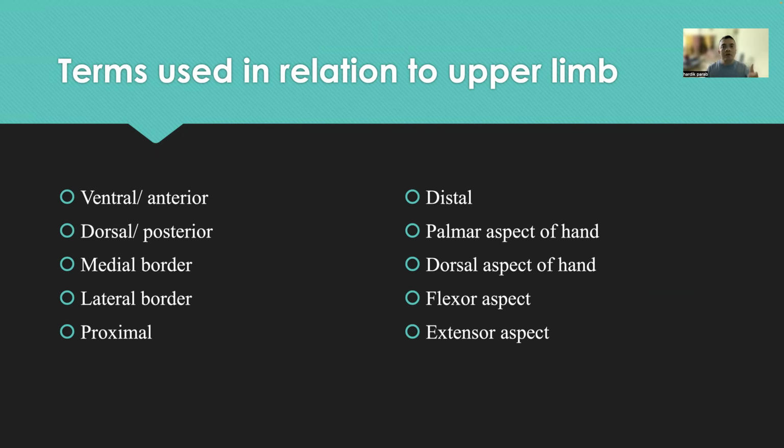Then you have medial border and lateral border. So जैसे if I'm talking about my hand or arm, so medial border is like this. If I stand in anatomical position, so this will be in this way, right? So towards my little finger, towards my ulnar side, all the structures which are present are termed as structures towards the medial border। और उसी तरह थंब साइड या रेडियल साइड जो होगा उसके लिए लेटरल बॉर्डर टर्म यूज किया जाता है।